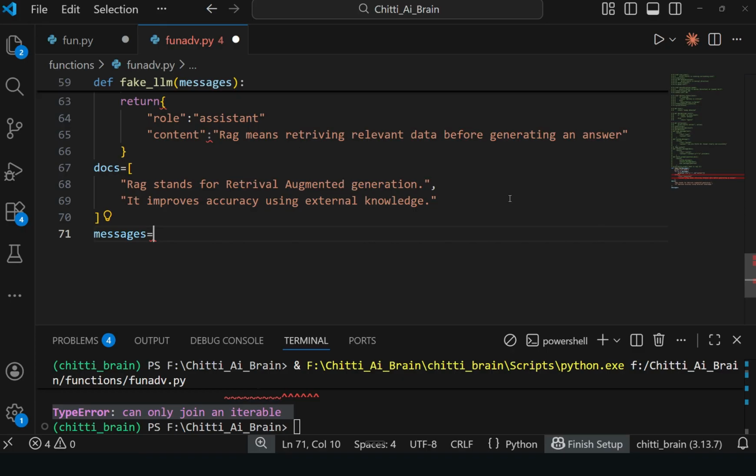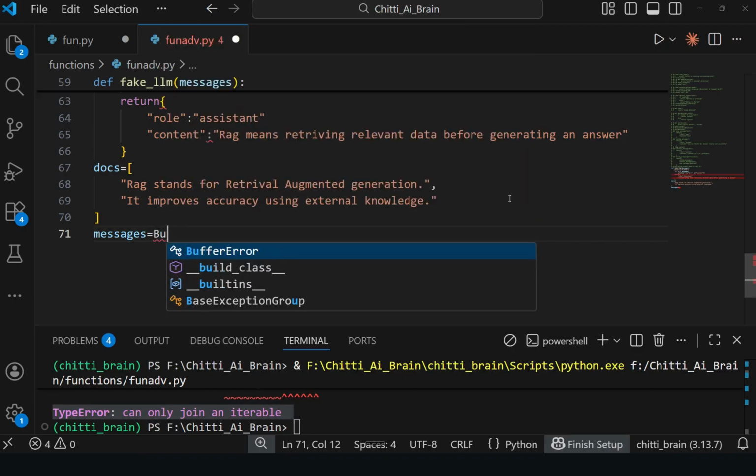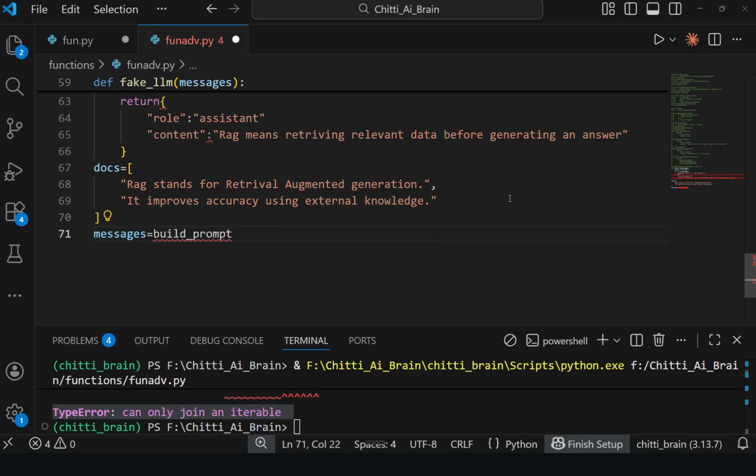Now again the messages. What are the messages? For messages, where can we get inputs? We will get inputs from the build prompt function. For the LLM to print the response, it should get some inputs. Where should it get inputs?